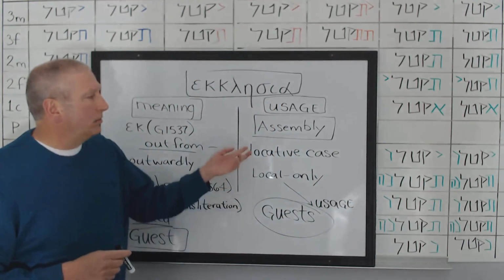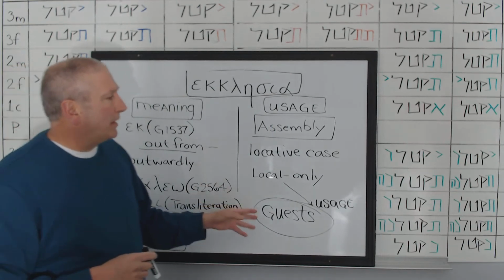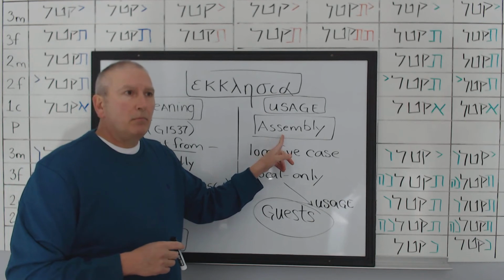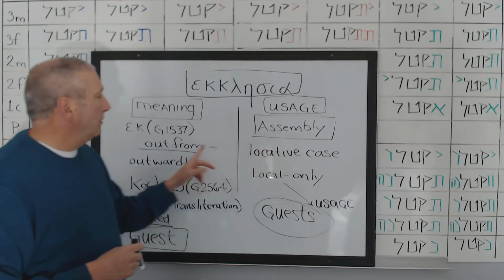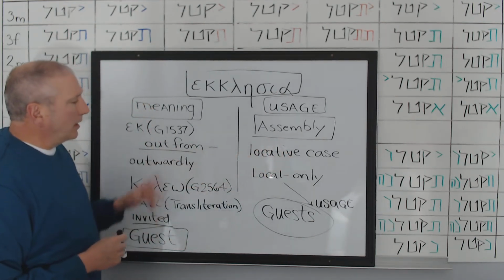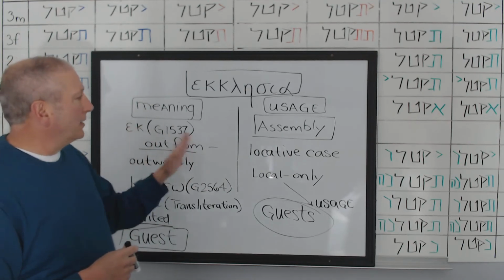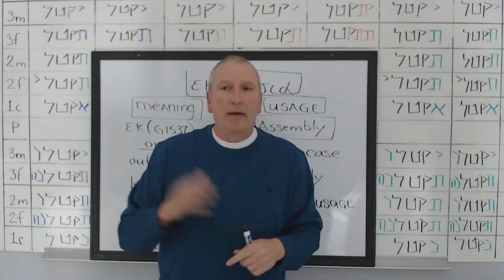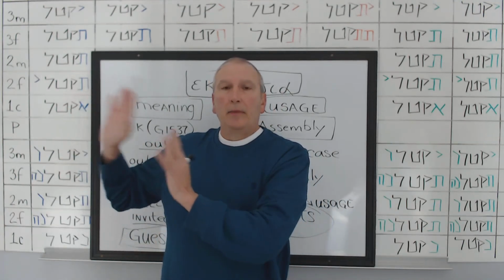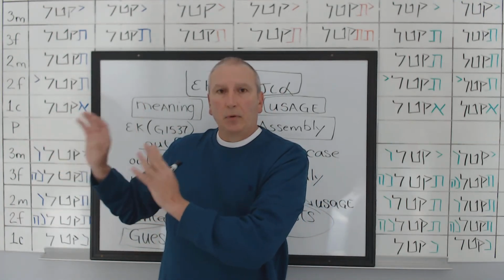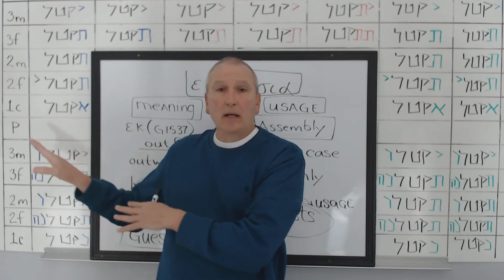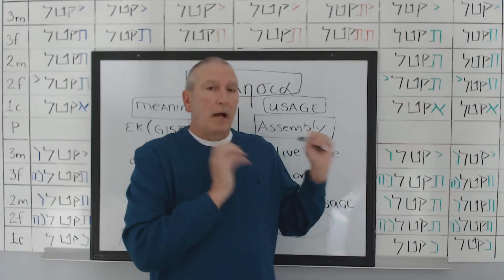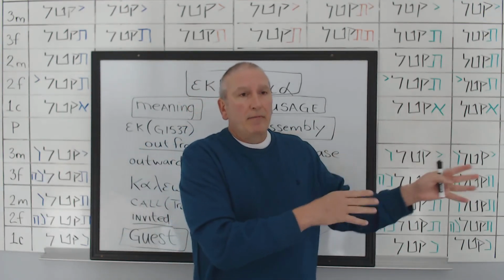I think with the local only view, sometimes when people advocate it, they fail to correlate it with the usage, assembly. But a lot of people want to avoid this implication because our coming out is in favor of the gospel of the grace of God. Our dividing line is the gospel and then the different gospel, which Paul said is not another one. So it's not another. It's not even a gospel. So our dividing line is that, the righteousness of God defined by the faithfulness of Jesus Christ.